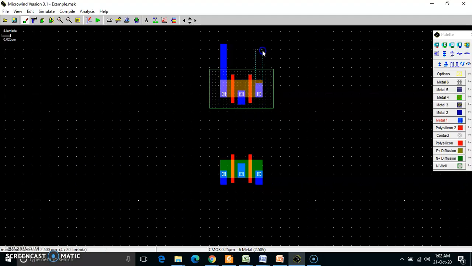Otherwise, if I am taking metal 2, I need to take a contact, because two different metals do not have electrical contact. To have an electrical connection, I need to put a contact over there. These are the contacts you are able to see, and you need to choose from them. So to avoid that contact, I am just using metal 1 and connecting these two sources.